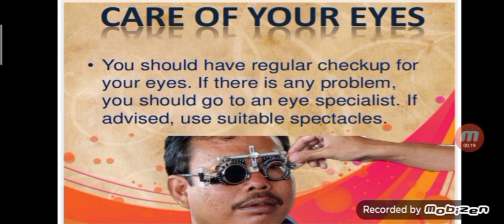So, we must take proper care of our eyes. We should take precautions to protect our eyes and maintain healthy eyesight. Our vision plays a major role in our life, and caring for our eyes is very important for a healthy and happy life. So, we have to maintain a nutritious diet also to keep our vision healthy.